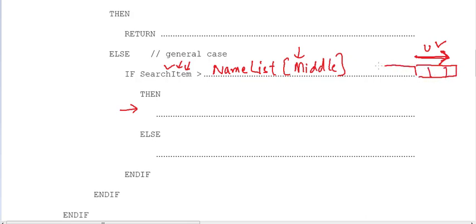So this was the middle, right? So we want to search through this part of the array. Now to search for the value through this part of the array, because we have to do it recursively, whenever we have to do the search, we are going to use what? The find function. So the find function takes three parameters. It takes name as the parameter,